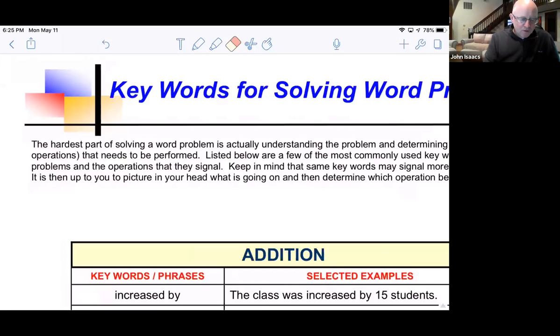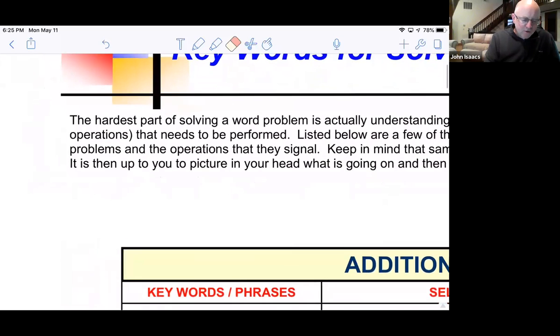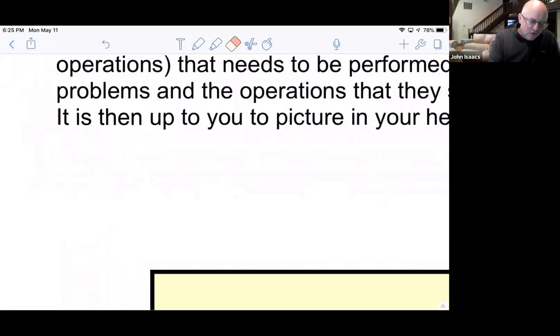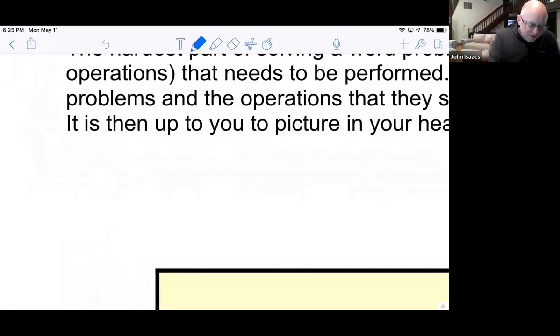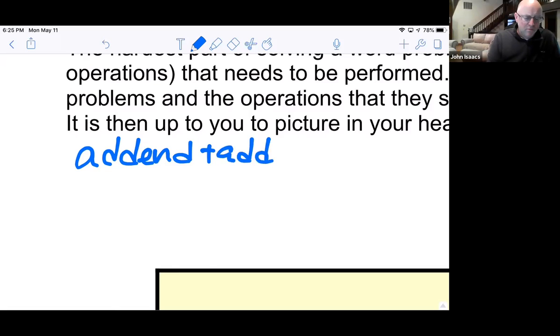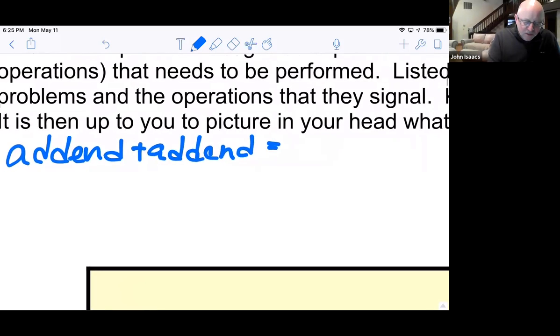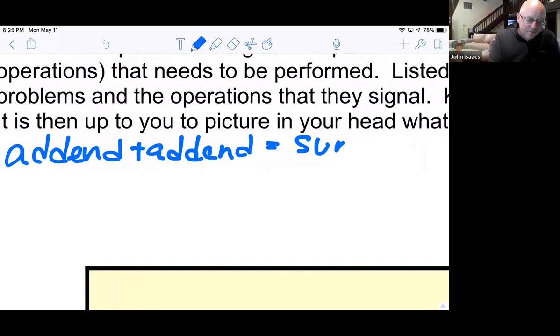So to start off with, when you add two things together, those two things are called addends. So we add two addends, and the result of adding things, and this may be 3 addends or 4 addends, the result is a sum. I think you've seen that before. All right. Now,